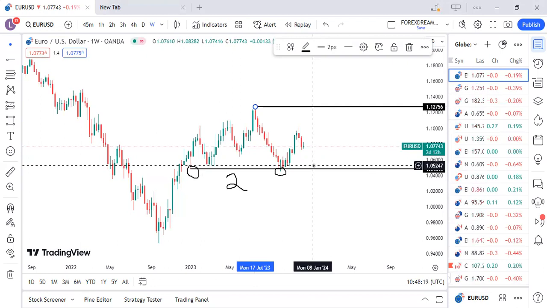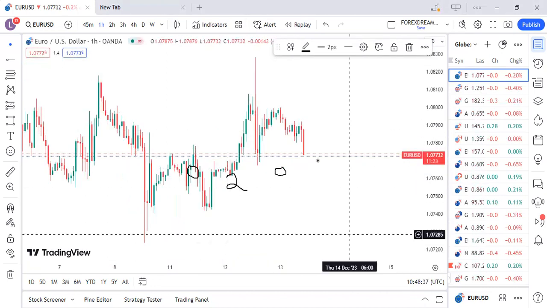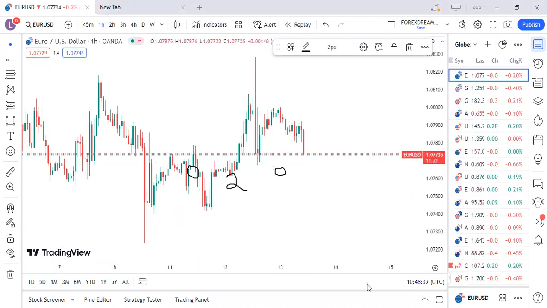If you're going to analyze from, let me go to 1 hour so that you can see the difference. You go to 1 hour, you won't have much understanding of where the market is headed. So the first thing you can do is start analyzing from higher time frame to understand whether the market is a downtrend or an uptrend. If you analyze on smaller time frame, you're not going to see much. Let me erase these things. For an example, you cannot take a decision here. You cannot take a decision here.